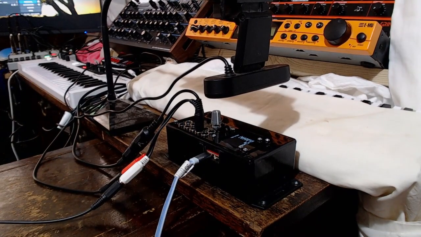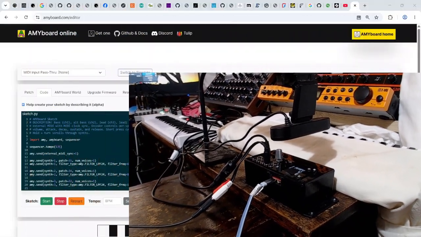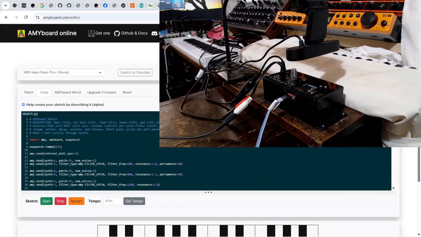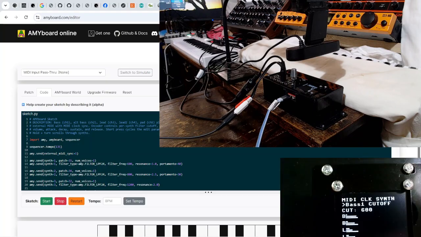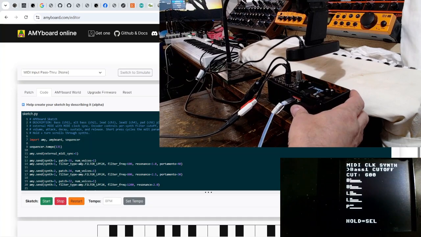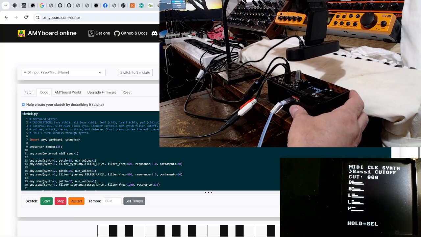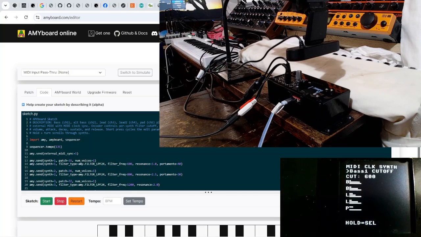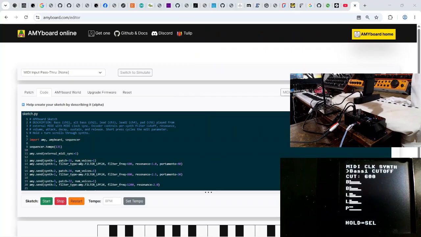Right, just minimize this window. I'll just see. Right, so I'll just adjust this. So at the moment, I'll just go across to the code. Right, in the